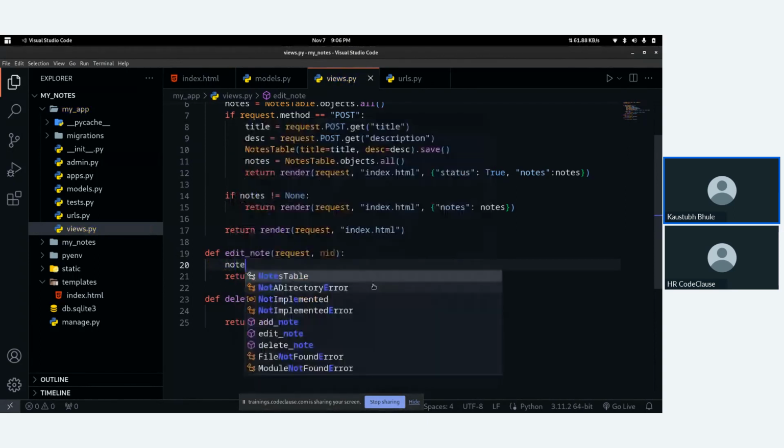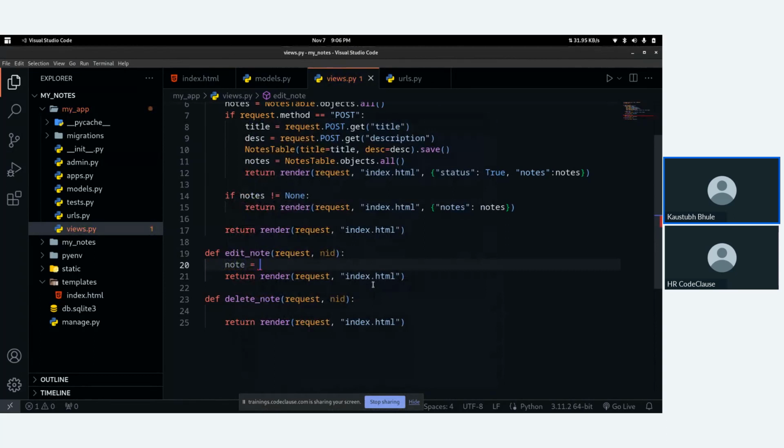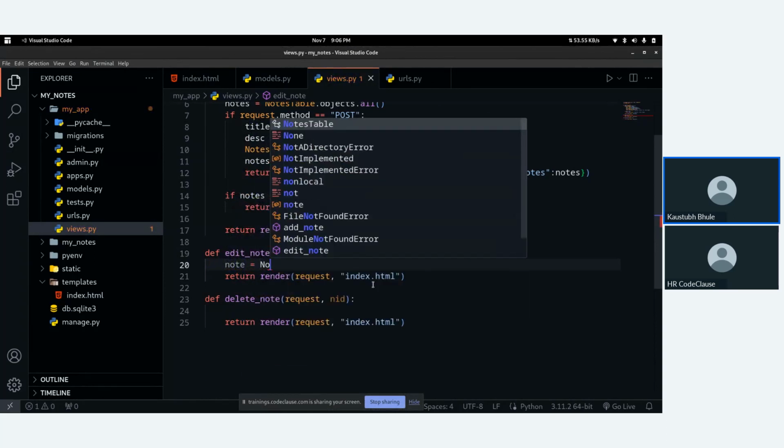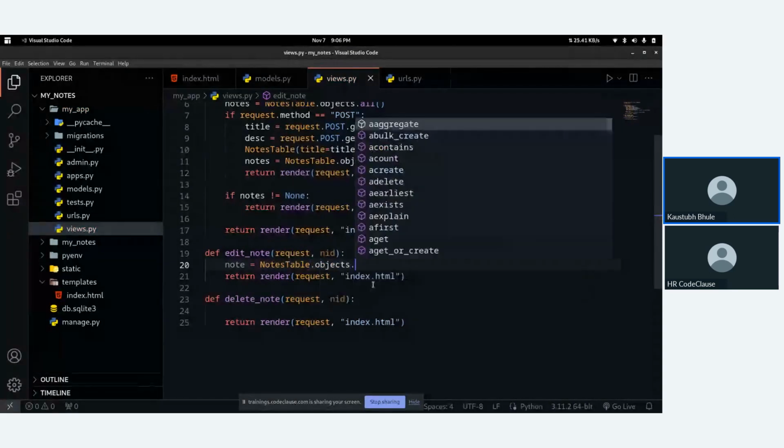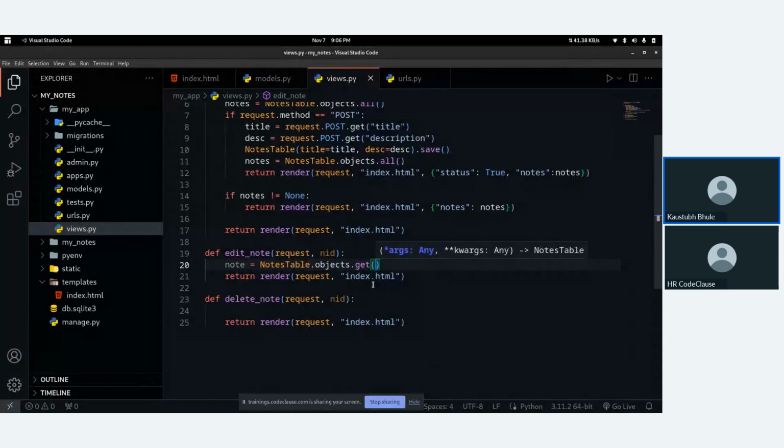So I will do note equals to notes table dot objects dot get, meaning getting just a single record. Get NID equals to, because NID is unique, right? So we got all the data related to a particular note in this note variable.